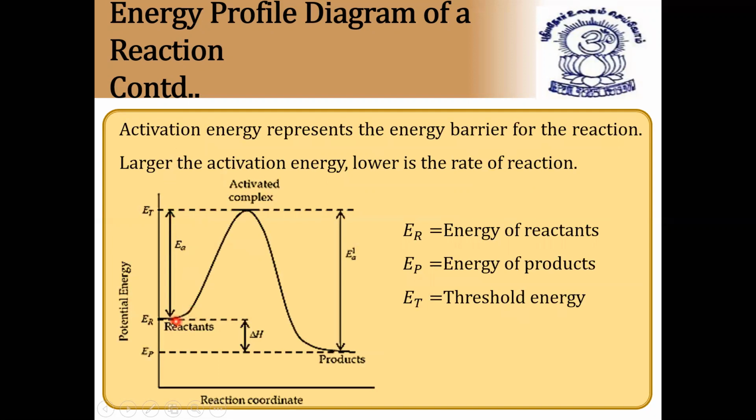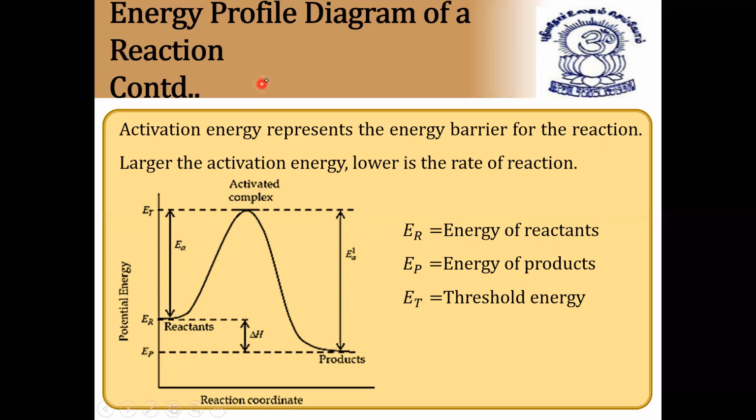So this is called energy of products minus energy of reactants. It is called delta H of the reaction. What is delta H? Energy of the products and energy of the reactants. Here itself it is forming products. And EA1 is called energy of backward reaction, and EA is called energy of forward reaction. So EA and EA1.